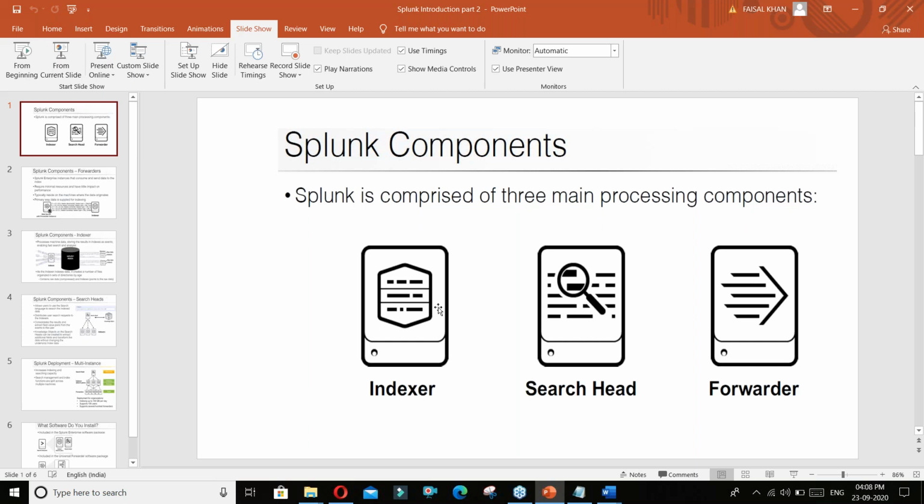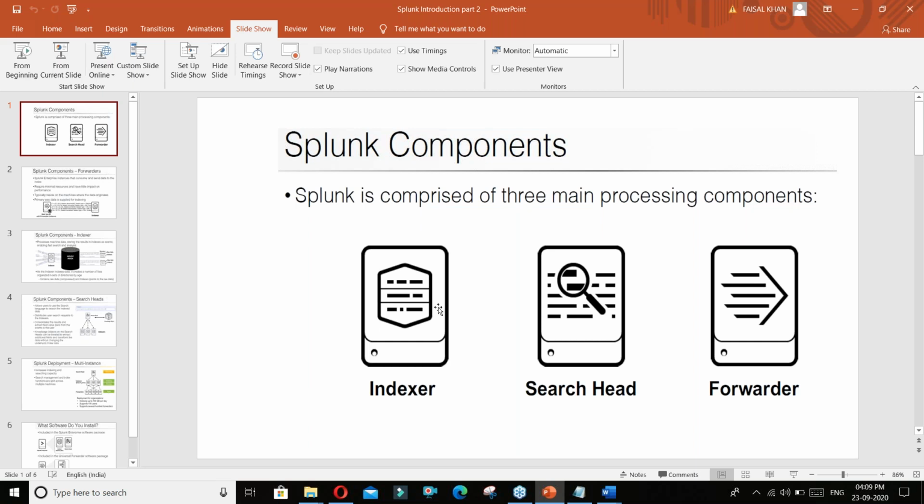Then clustering at the search head layer: there are 3 or 4 search heads based on the capacity or the users that are logging in. For example, if you have a big organization, you need at least 3 search heads. If you are a very small organization with 2-3 people, work can go ahead with even one search head, and clustering is not required. So how to maintain a search head, what all configuration files there are, all those things in crux you will see with the help of this Splunk admin training.